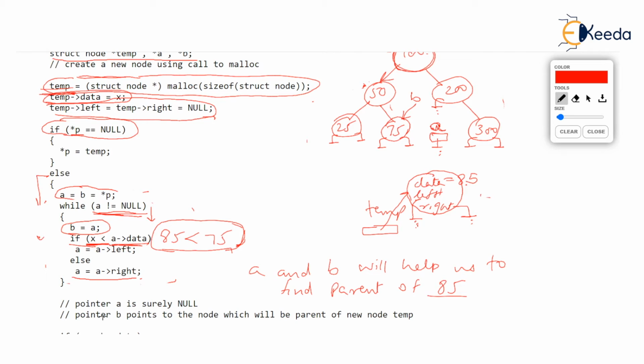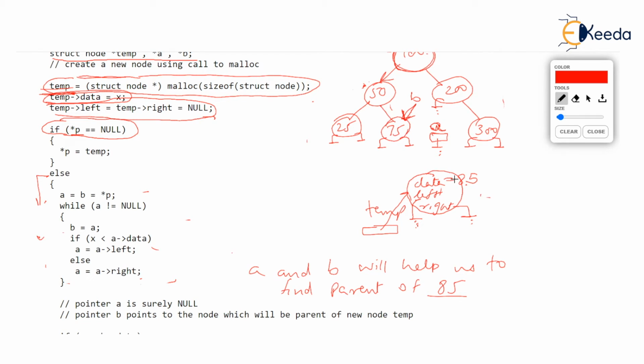I'll again clean a few things. Check that. We are sure that A is null, isn't it? That's why the loop stopped. But B is not null. So what is the significance of this pointer B? You might have found out by now. A has become null, but B is still not null. And look at this, I will emphasize loudly now. B is pointing exactly to that node which should become parent of 85.